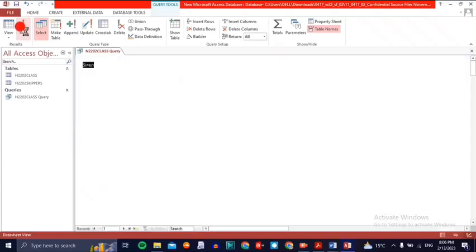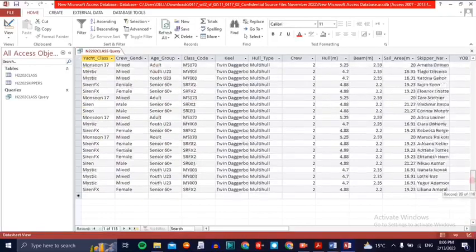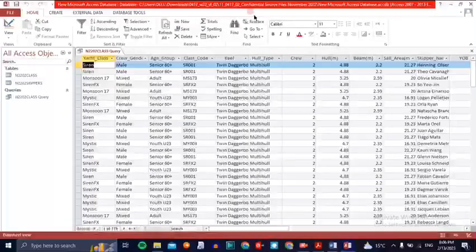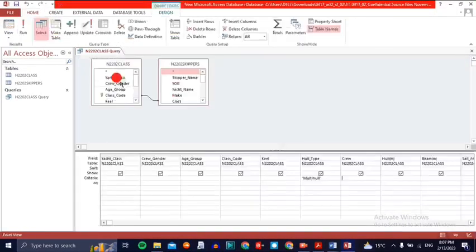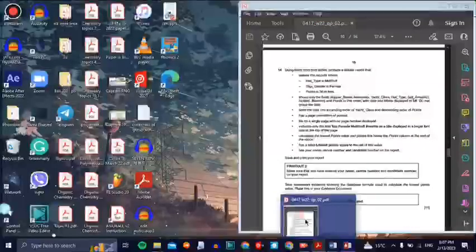You can always just do run to see if it worked whenever you put any kind of field or you select any kind of data. So after that, you're just going to go back to the design view and continue